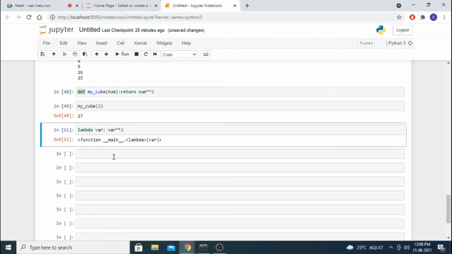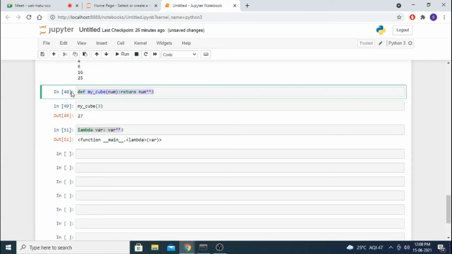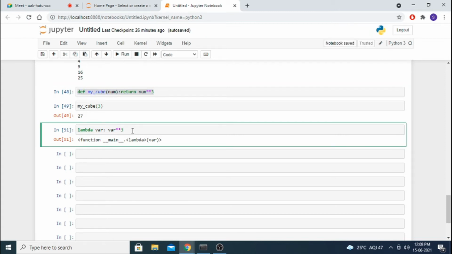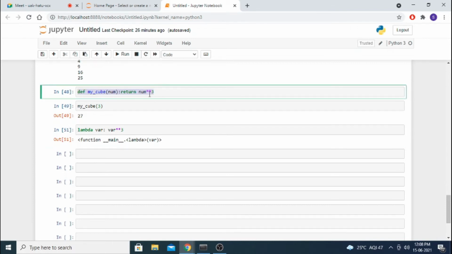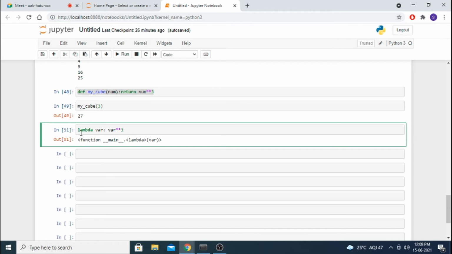So we can declare a function like this with lambda. It is a simple function. Instead of declaring a function the long way, we can use lambda here, where the variable num we are getting becomes num star 3. So with lambda you specify what the input is and what output you want. You can remember it as lambda. We are going to use this lambda in multiple places, so let's check how to use this function.